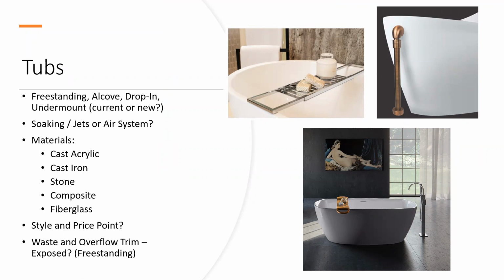So are we doing a jetted or an air system in that tub, or is it just a soaking tub? Different materials that are used: cast acrylic, cast iron, stone, composite, fiberglass. Again, you're going to match up that style to that faucet and figure out the price point they want in this, or what you're going to guide them to, because that is going to play a part in the materials